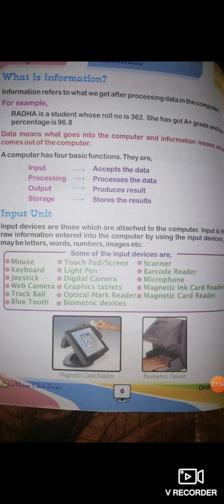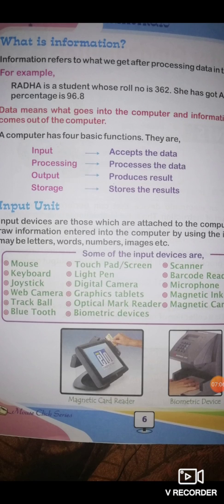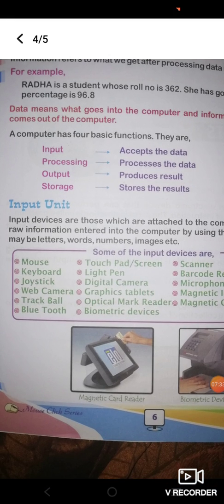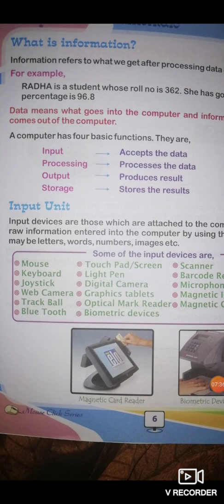Okay, and then the four basic functions of a computer. The first is input, the second is processing, the third is output, and the fourth is storage. For example, if we take an orange, and your mom or dad asks you to prepare orange juice, you will take the orange as an input and it will be processed inside the mixer jar. Finally you get the output as orange juice and you store it in some container. In a similar way, the computer also does the basic functions.